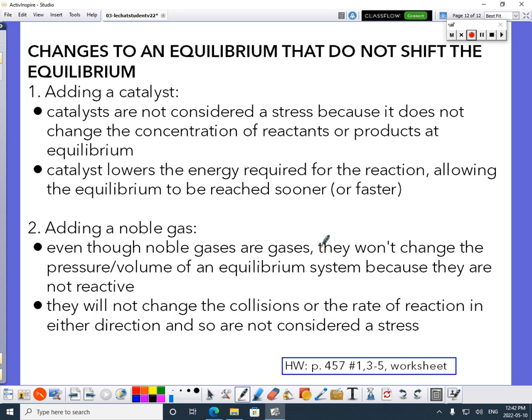And then this one here is really being a very particular chemist. But technically there are gases, which are called noble gases, that do not react. So if you put a noble gas in an equilibrium, normally gases would change the pressure and volume, but because they don't react, there's no collisions, so they're not a stress, okay? So maybe in the textbook there might be a persnickety question about noble gases. Just know that they're not a stress. Okay, so